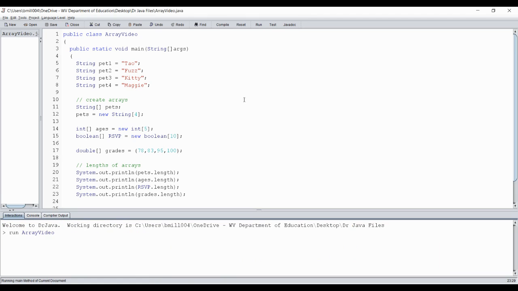So let's see. I should get what? 4, 5, 10, and 4. Okay, and indeed I did. All right. So now let's populate some of these arrays that don't have anything in them. Let's take our pet array that has 4 empty spaces right here, and let's put in these animal